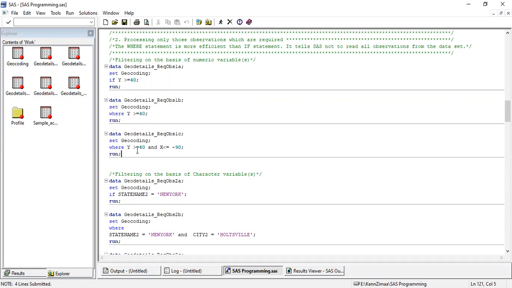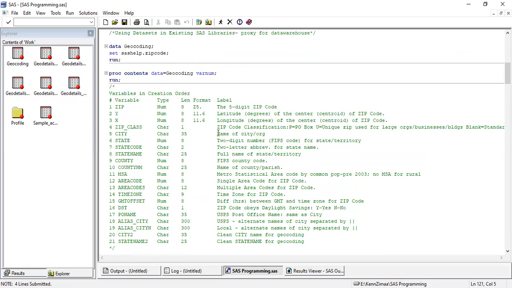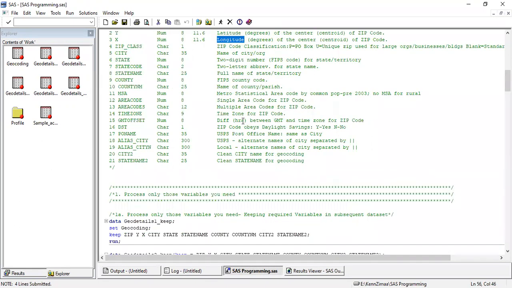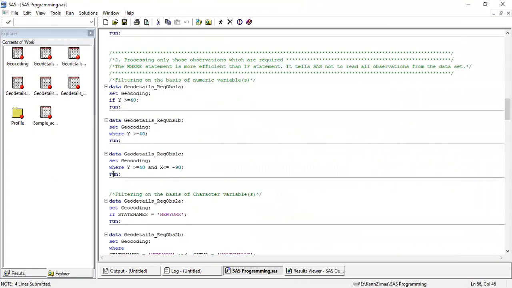So what I'm doing here is I'm taking two variables, y and x. Let's go back to the top and revise what the next variable was. So x variable is my longitude variable, and I know that it was mentioned in negative. So the requirement here is my y variable should be greater than or equal to 40 and x variable should be less than or equal to minus 90. Now this AND operator depends on my requirement. We can write an OR statement as well, either-or, depending on the requirement. But here I'm using an AND operator.